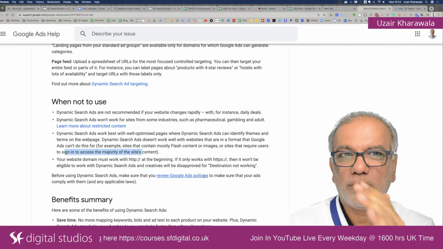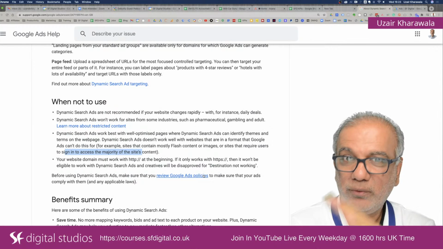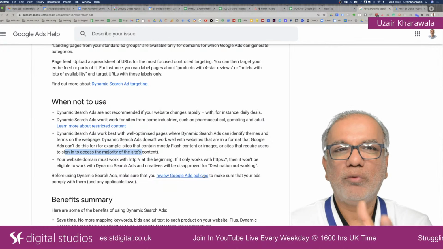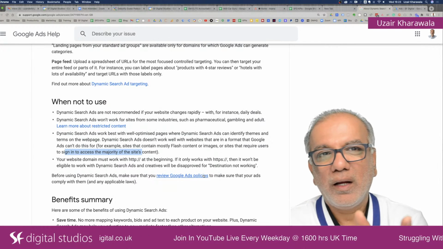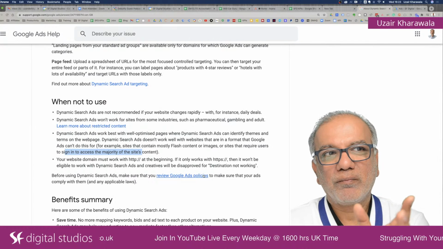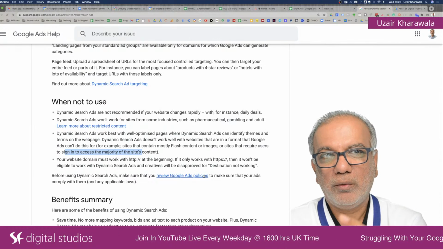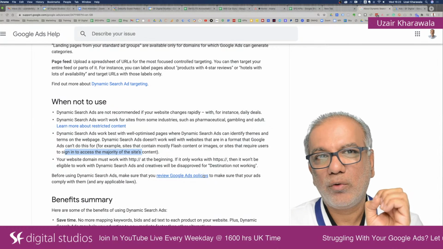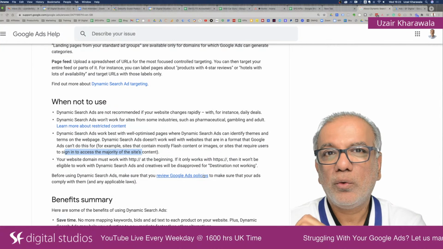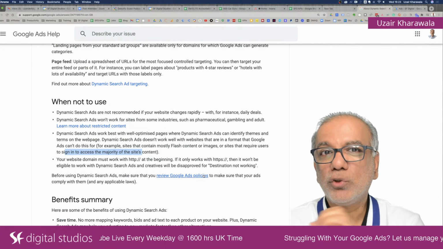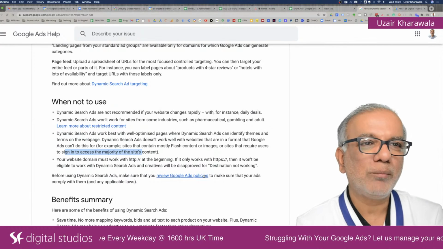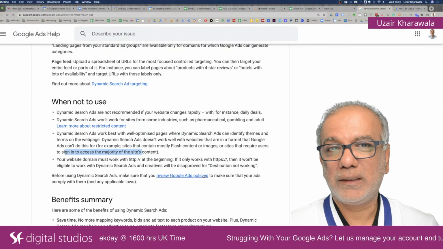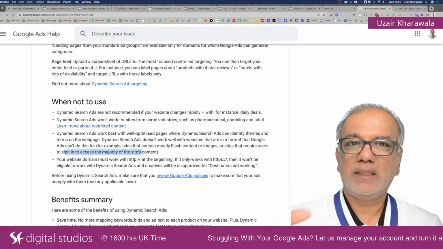Keep them separate, one target per ad group, and then you are going to understand how it works. But if you throw all the targets in one ad group, you won't know what's working, what's not working. And if one target is eating up all your budget and giving you conversions, I would pull that ad group out, put it on its own in a separate campaign, give it its own budget, because you don't want to be limited by budget when you are getting a positive ROI or a ROAS, right? And then the others will get a look in.